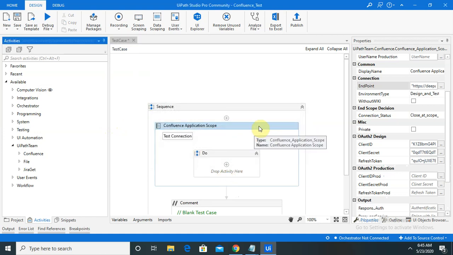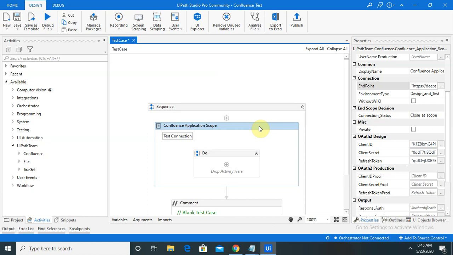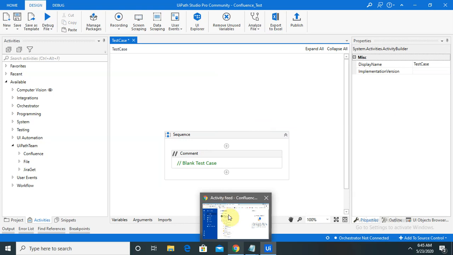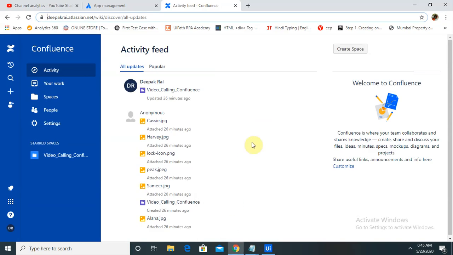Click on continue. Let me delete this and I will show you how to do that. For connecting, we need Confluence login credentials, otherwise we need to use the OAuth 2.0 method for authentication.